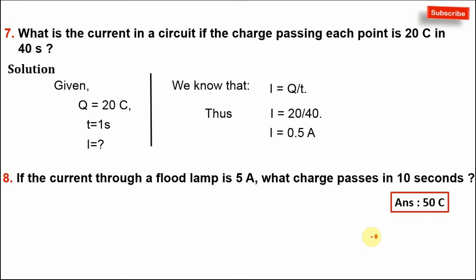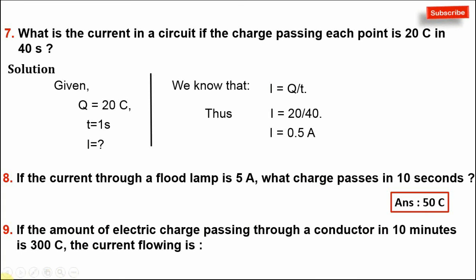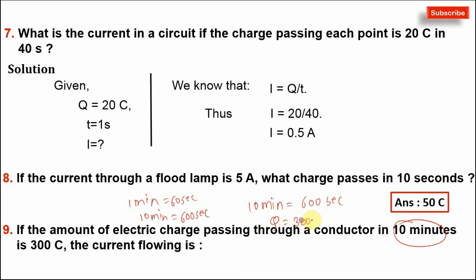Okay guys, now the ninth example, and this is the last example. If the amount of electric charge passing through a conductor in 10 minutes is 300 coulomb, then the value of current is what? So here they have given us the value of T, that is 10 minutes, and after converting this into seconds we get 600 seconds, right, because 1 minute means 60 seconds. So obviously 10 minutes means 600 seconds. And then one more value is given to us, which is Q is equal to 300 coulomb,